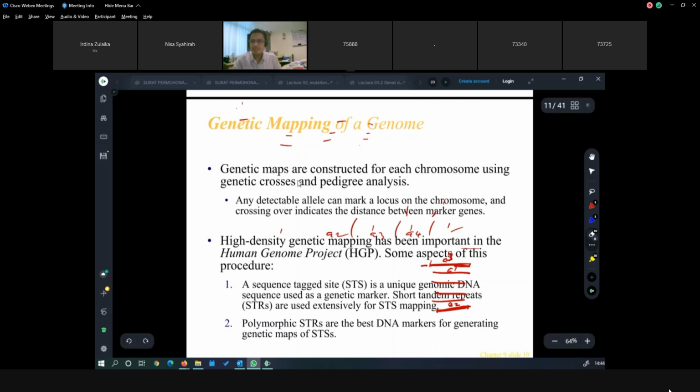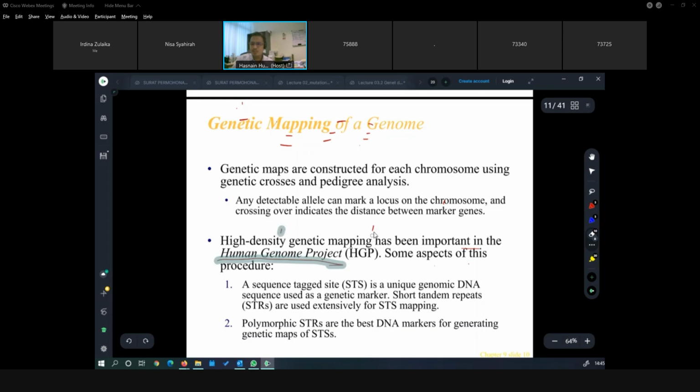Okay, so genetic maps are constructed using the chromosome. Based on the chromosome, based on the marker, you'll be able to determine the exact sequence. Then you will be able to tell what the sequence is. So that is the concept of what is being done in the Human Genome Project, the HGP. A sequence tag site is a unique genomic DNA sequence used as a genetic marker. So what I can tell you is that